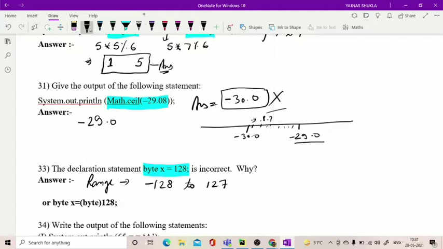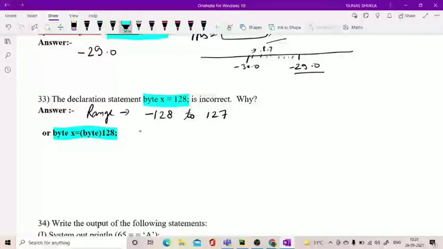Now in case we do this, after doing this, if you try to display this, what will be the result? See, the numbers are stored like this: 0, 1, 2, 3, 4, 5, 6, 7, 8, 9, 10 like this up to 127. Then before the 0, minus 1, minus 2, minus 3, minus 4, minus 5, and so on, minus 128, minus 127 like this.